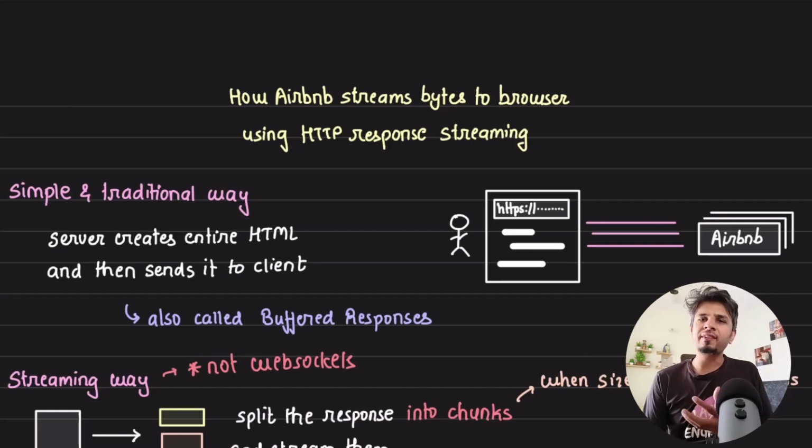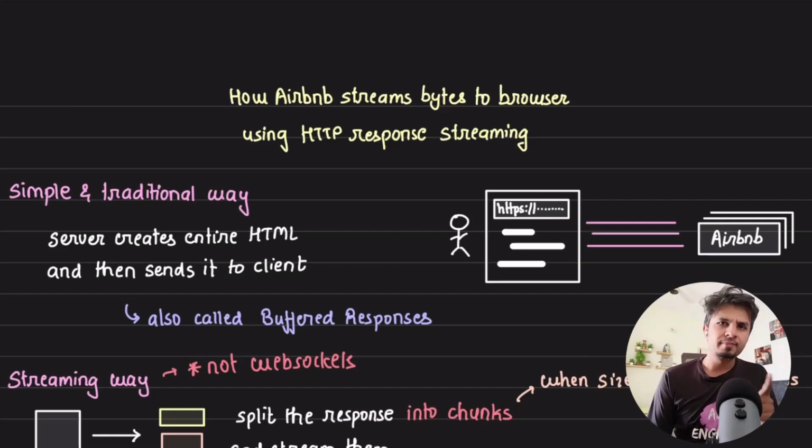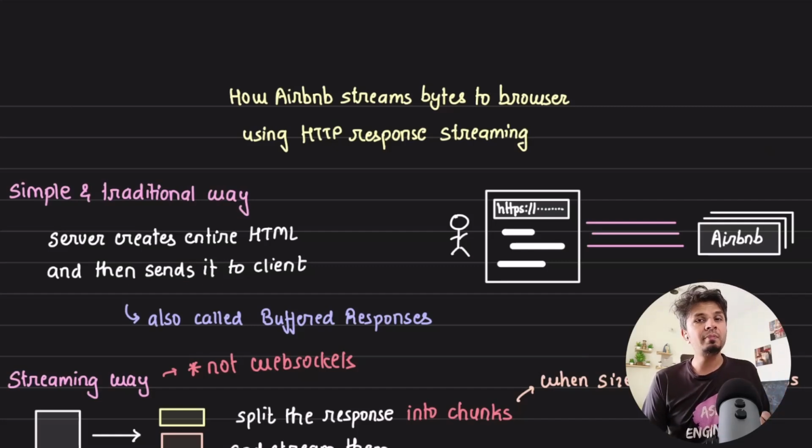So HTTP is the language of the internet, and we almost always write APIs that compile the entire response and send it to the client. But there is another way of sending the response, and it is called HTTP streaming. In this video, we understand what HTTP streaming is, how to implement it, and how Airbnb uses it to improve